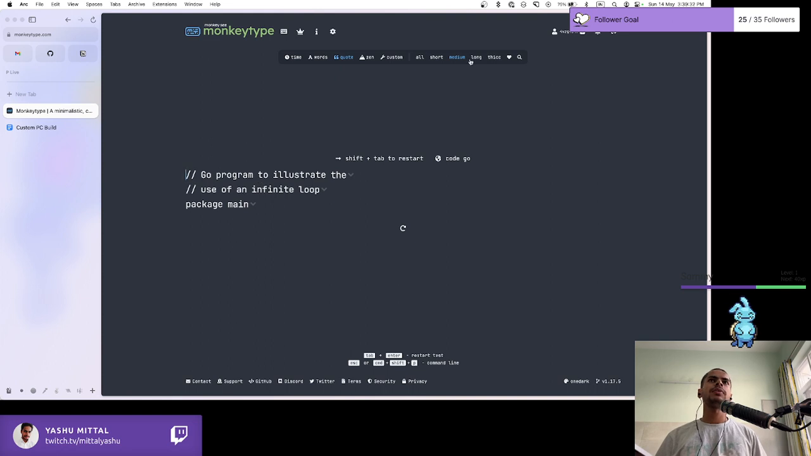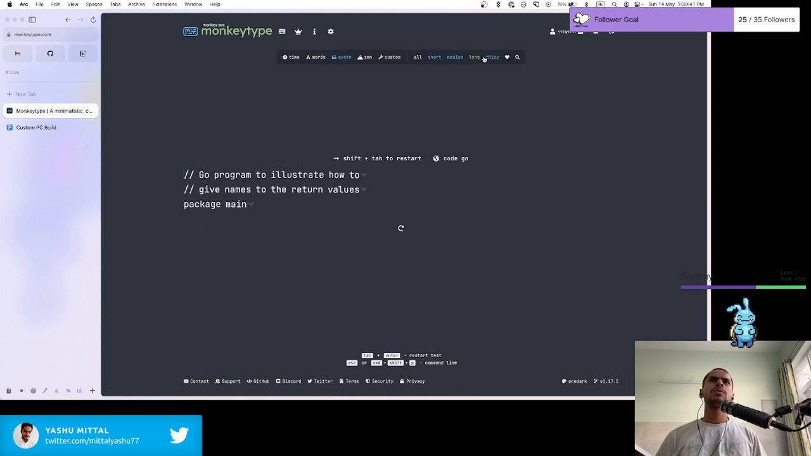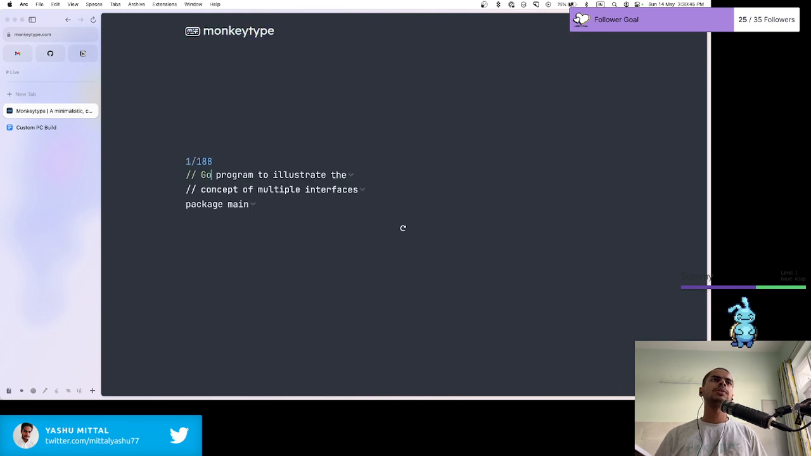Okay, let's see, like if thick, long, short. Wait, what does it mean? Okay, let's go with this. Go program to illustrate the concept of multiple